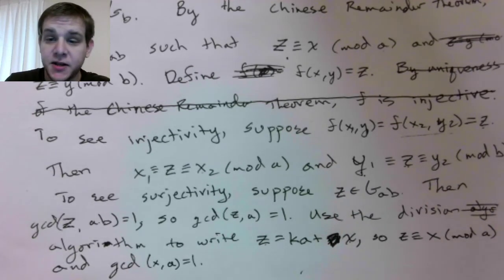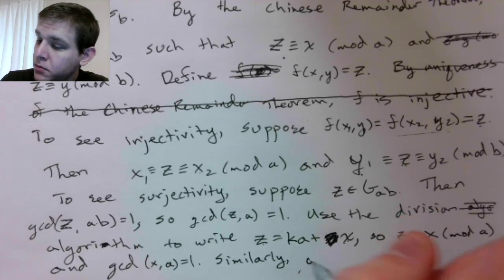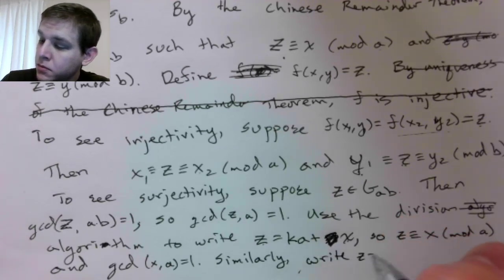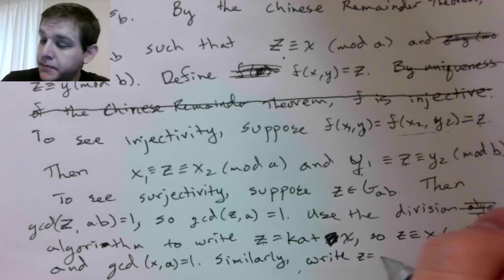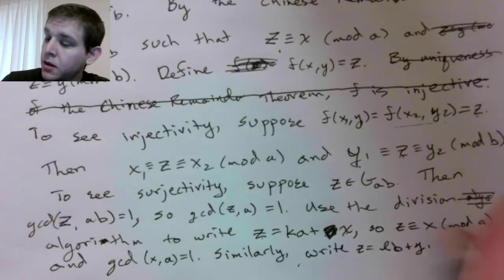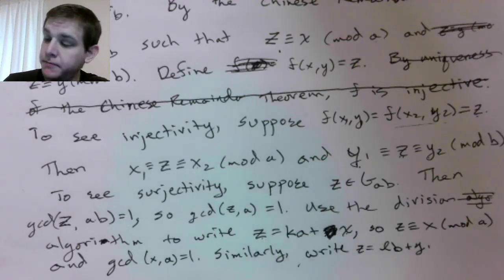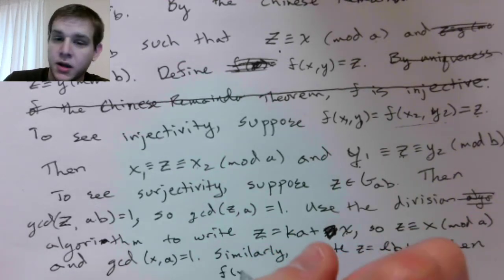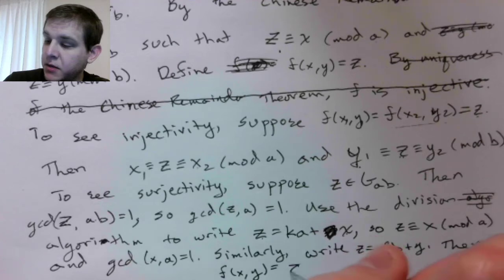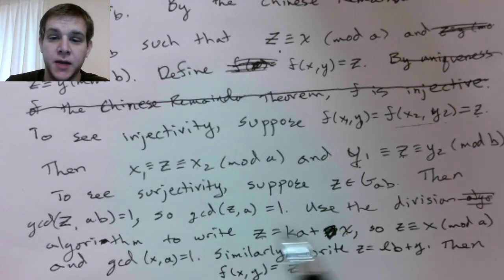Then I can do the same thing to find a Y, but instead I divide it by B. L times B plus Y. And Y is also going to have GCD of Y and B equal to 1. So f of (X, Y) is exactly equal to Z. Right? Z is the element which is congruent to X mod A by construction,